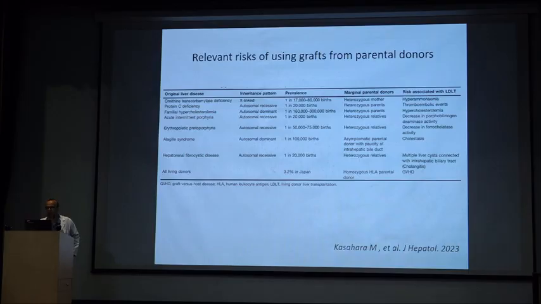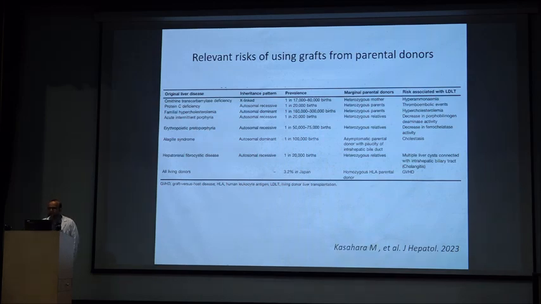Marginal parental donors is the heterozygous mother, and the risk is the persistence of hyperammonemia. Then protein C deficiency, again heterozygous parents, with thromboembolic events after transplant. Then familial hypercholesterolemia, which is homozygous, where a heterozygous parent may not correct the deficiency completely. Acute intermittent porphyria, autosomal recessive, heterozygous relative, decrease in